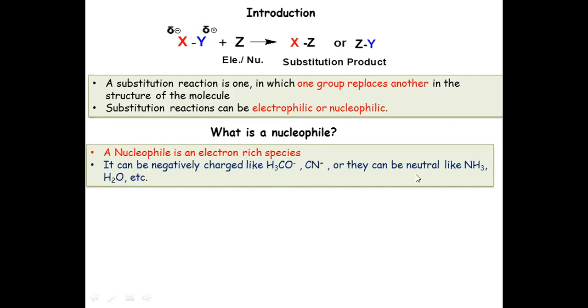But there are some neutral molecules like ammonia and water. How do you know? You'll find that ammonia has a nitrogen which has a lone pair of electrons, an unshared pair, which can be donated during the reaction. Since it becomes an electron donor, it acts as a nucleophile. Similarly, water has oxygen, which has two lone pairs of electrons which can be used for donation during the reaction. Therefore water and ammonia, even though they are not negatively charged, because these lone pairs of electrons are present, are nucleophilic in nature, and we call them nucleophiles.